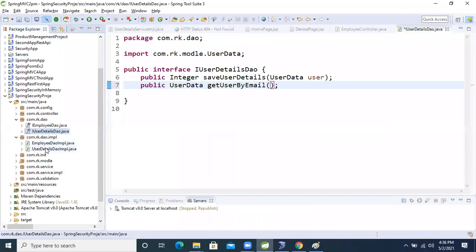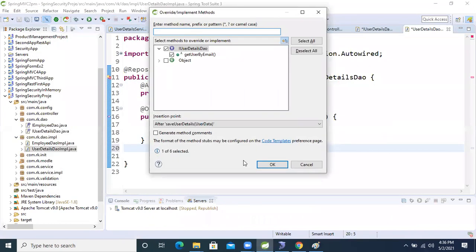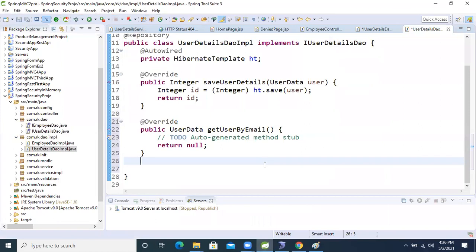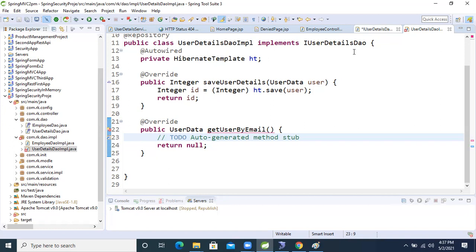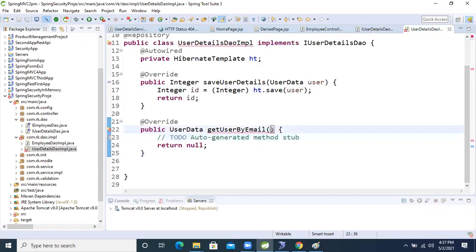Now come inside its implementation class, the DAO service user. So here we will override that method, guys. Now I'm overriding here. I overrode that method. Here the argument is String user mail. User mail, I'm just writing. Argument is user mail. Now come inside, here also make that user mail. That's it.